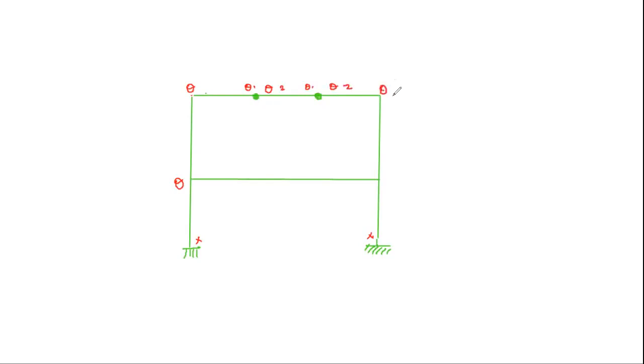And here it is a rigid joint, so there will be a theta. And here it is also a rigid joint, so here we also have one theta. So here it will sway by del, and here it is also sway by del. The sway will be like this. Whatever value here will be the same as this del, and here it will be this one.